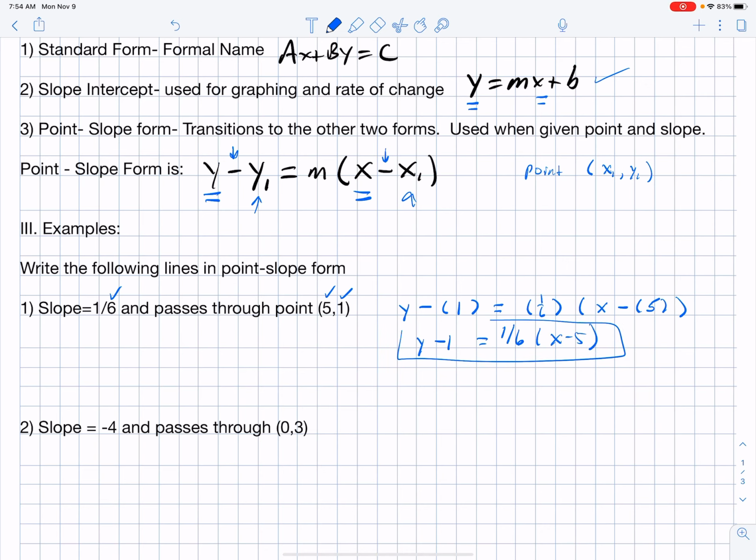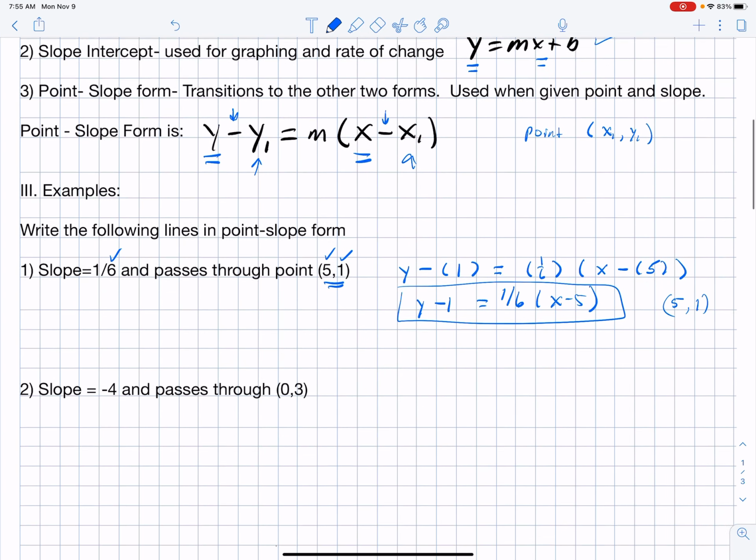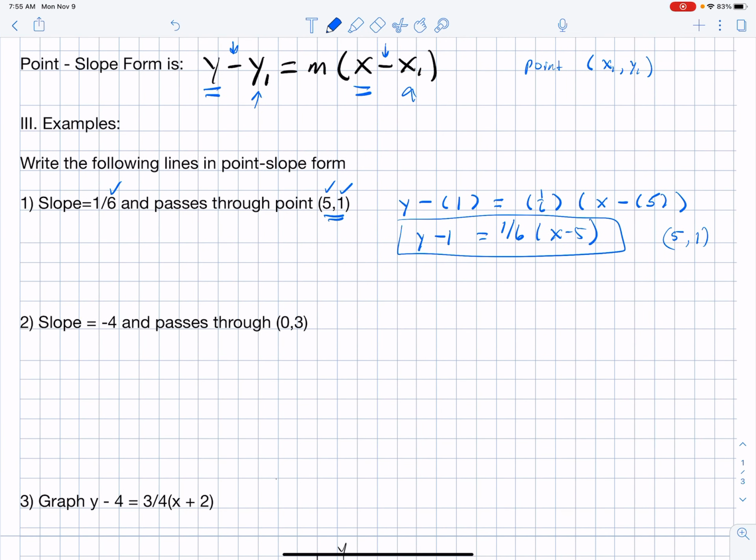That's the point-slope. Now take a look at it. It looks like our point is -5, -1, but it's +5, +1, and that's because of these negatives in the formula. So if I wanted to pull my point out, I would say, okay, they have to come out opposite. My x is going to be 5, and my y is going to be 1, and they'd come out 5, 1, which is what we started with. All right. So if we wanted